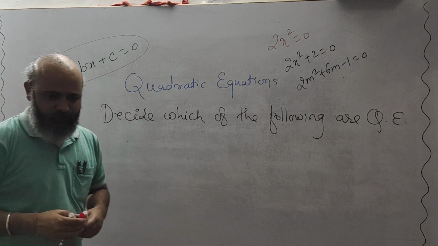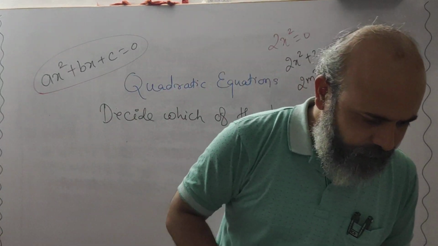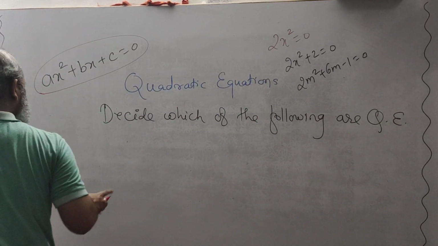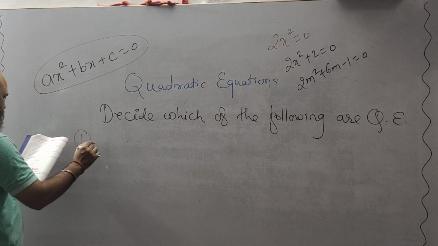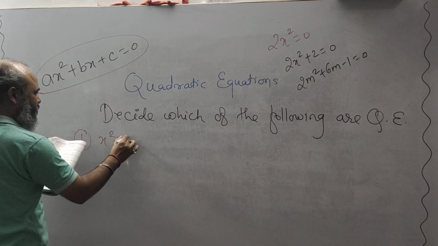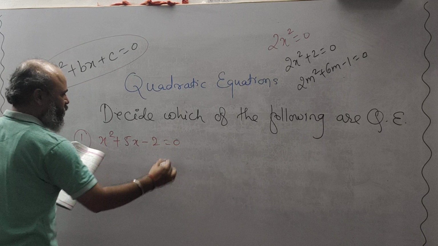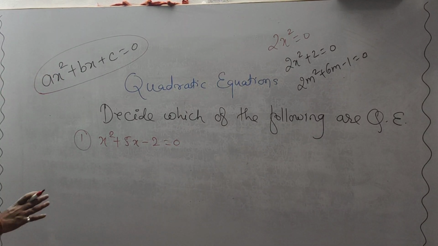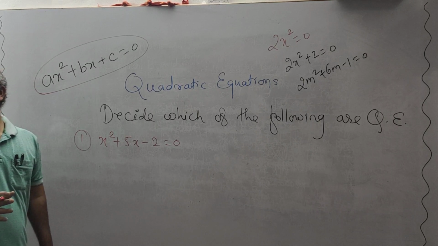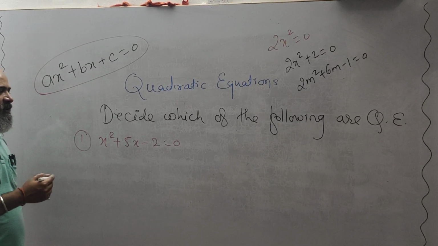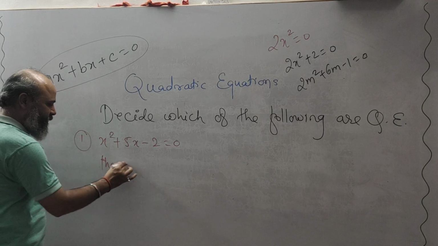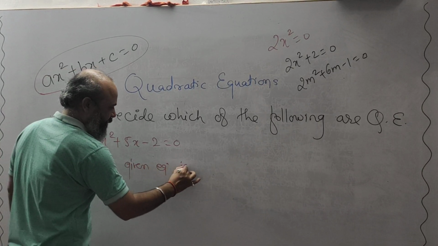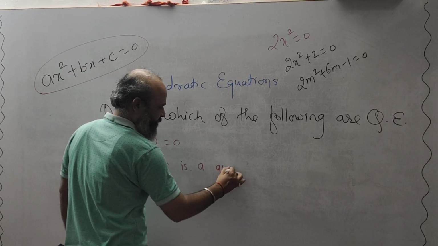Okay, student. So here, first, x square plus 5x minus 2 is equal to 0. So x square plus 5x minus 2 is equal to 0. Whether this is a quadratic equation? Yes. The given equation is a quadratic equation